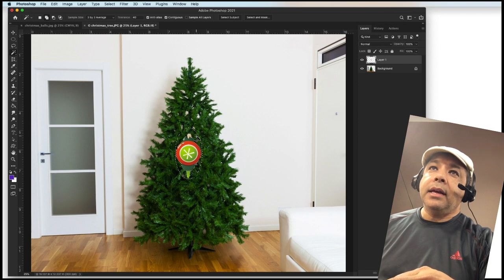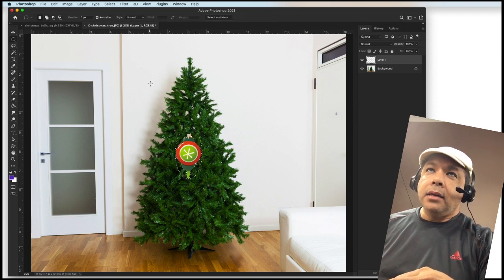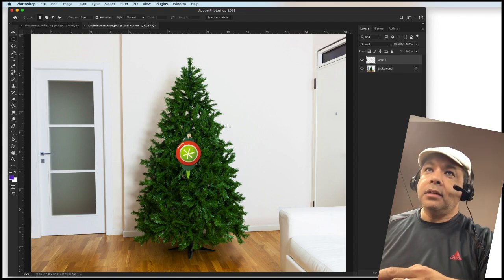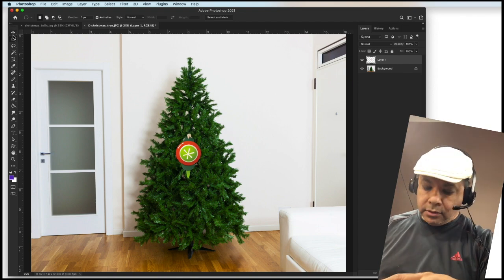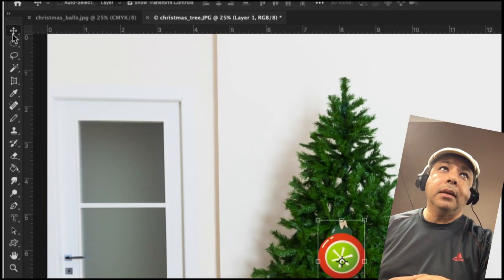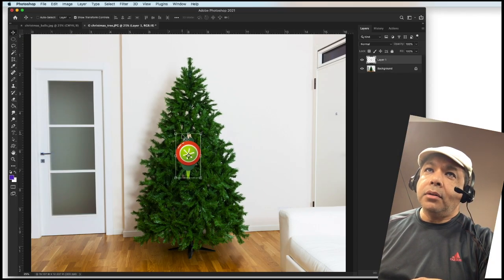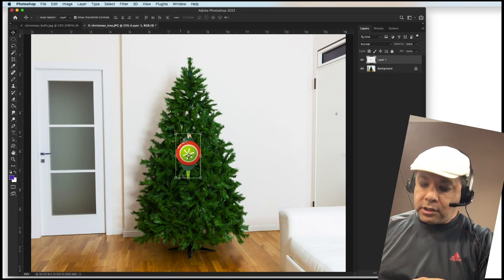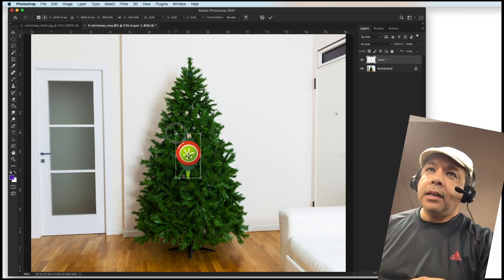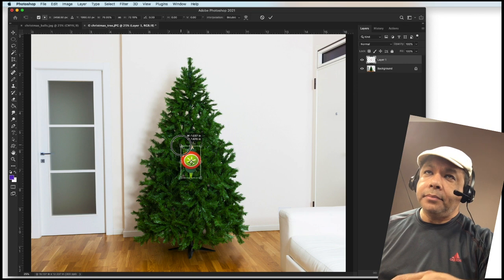Okay, so now most of the background has been removed. I deselect the marching ants. That's Command D. And then I use the move tool up here. Okay, and once you hit the move tool, you'll notice that you've got these little boxes, or anchor points if you will. And now you can shrink it a little bit. See that? You can shrink it and try to